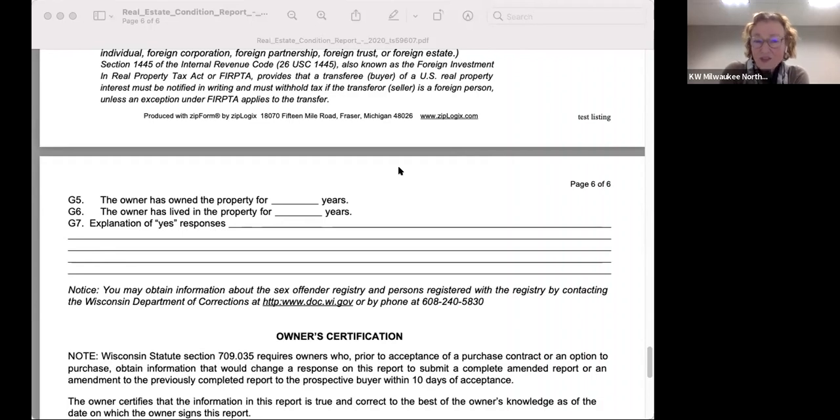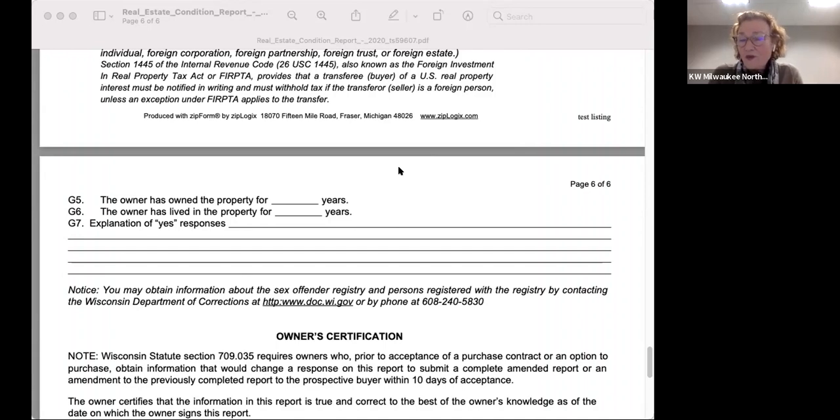And in that situation, especially the one where, say, it's been rented for years and years and years, while the seller still owned it, the seller may say, I really don't know anything about that property. My tenant has been very diligent and they've taken care of it. My tenant and I don't really talk except to give me the monthly rent. I don't know a thing about this house, even though I own it and I've never lived in it. I don't want to fill this out. I don't want to say anything about this house, whether I know anything or not. I could say I don't know anything, but again, that would be